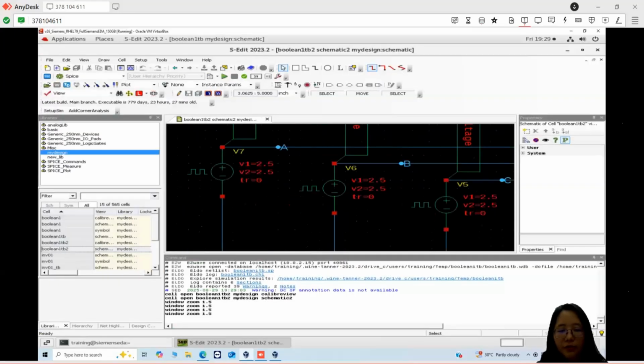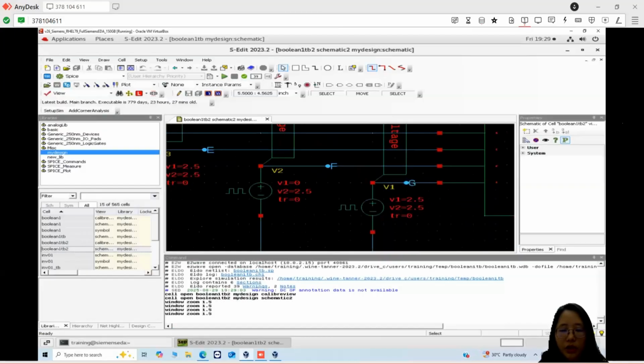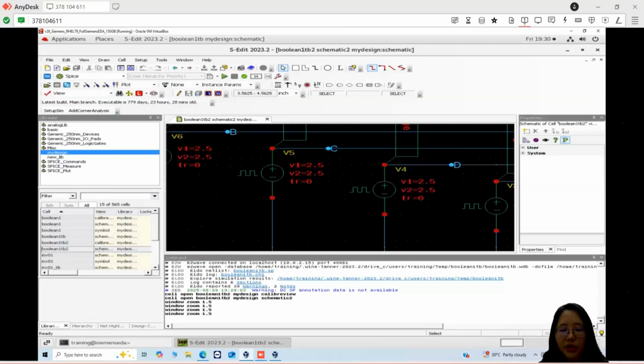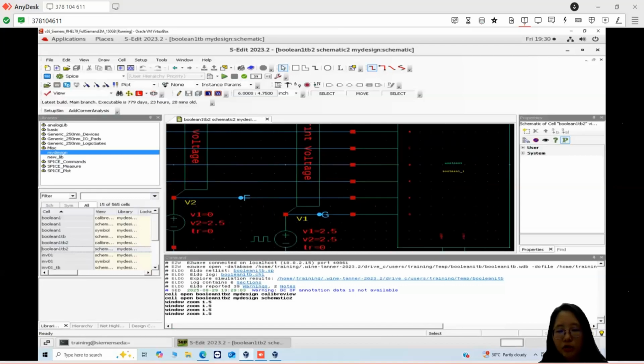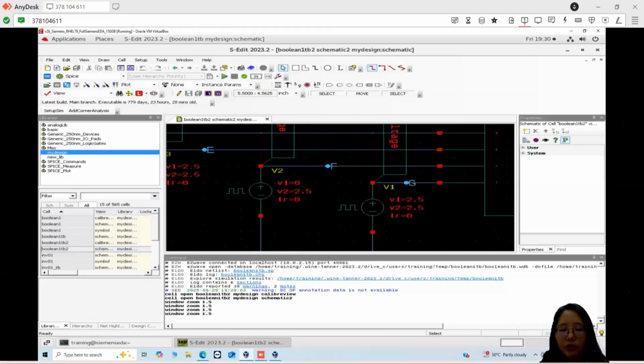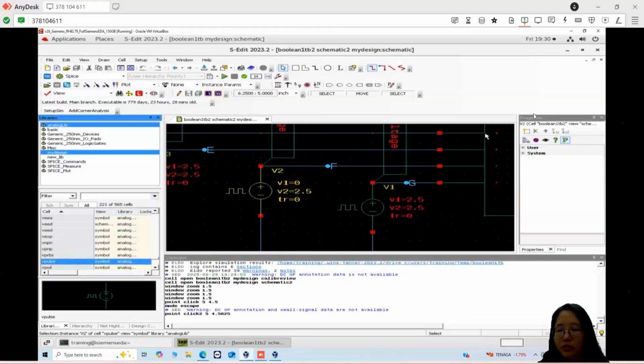So for the different frequency, if I am using the design of F bar to get the output of 1, I will set all the remaining inputs A, B, C, D, E, and G to 2.5 for the V1 and V2. So I can always get 1, and only F is doing the triggering for the period of time. And for different frequency, I'm using different period of time and pulse width. So for example, at here,